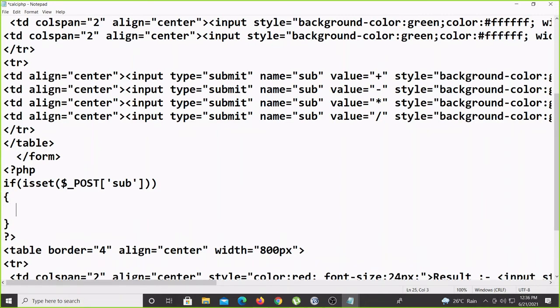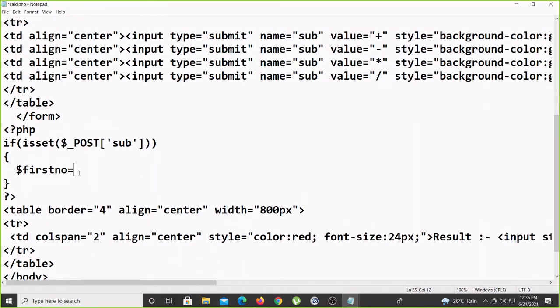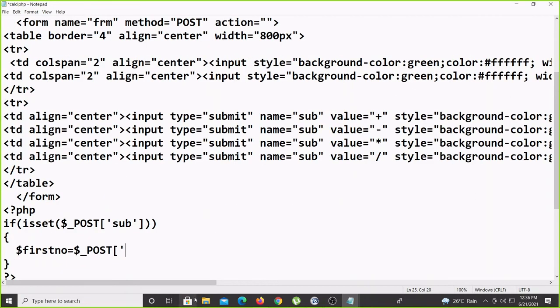So here, first of all, I have to bring the value from the HTML to the PHP. First we want the first number, so $first number equal to, due to which method it is coming? You can see the method equal to post. So $_POST, and then what is the first input box name?